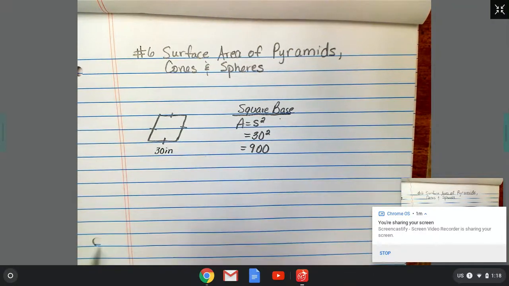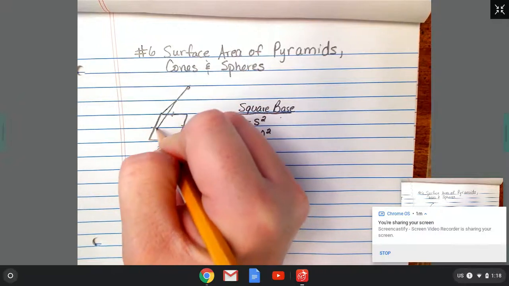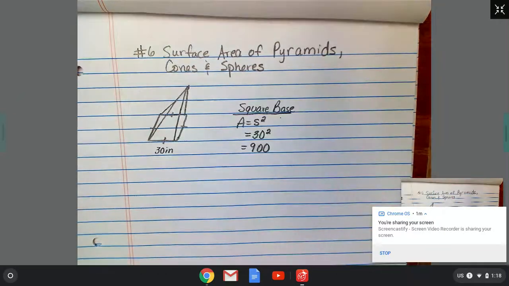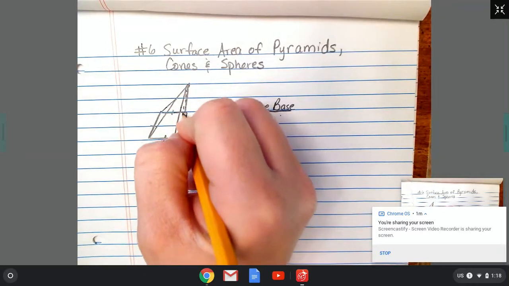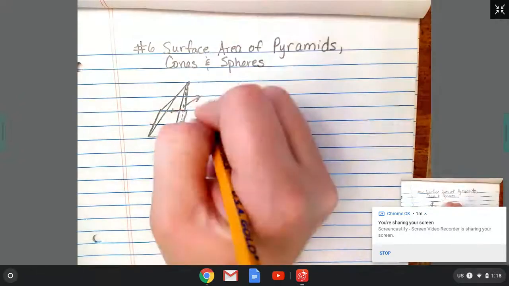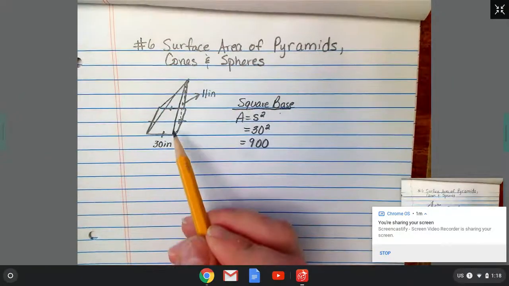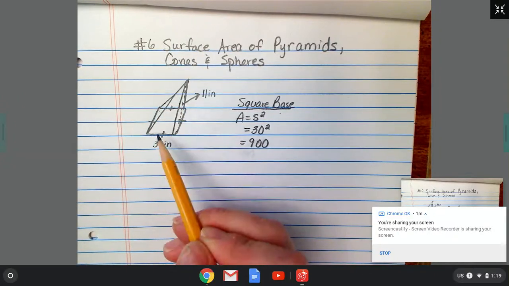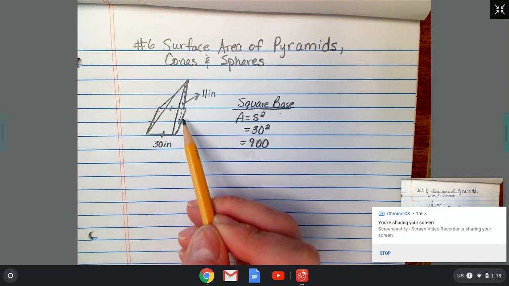Okay, so we have 900 right now with this square base. Okay, we're going to turn it into a pyramid. So I'm going to pick a point up here and just draw in the sides. Okay, like that. Okay, and also on this side, you've got a triangle. They give us the height of that triangle side to be 11 inches. Okay, so when you have a square pyramid, you've got 4 triangle sides that are all the same. Okay, now this is not drawn to scale by no means, but okay, that's what we're looking at.